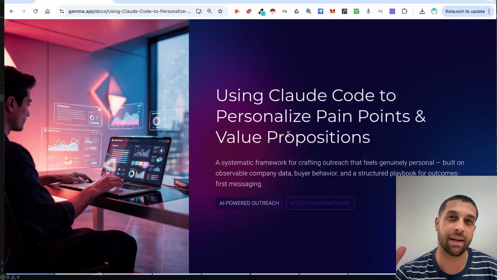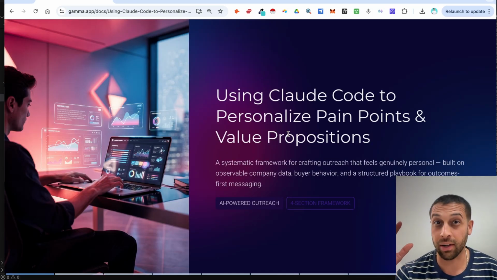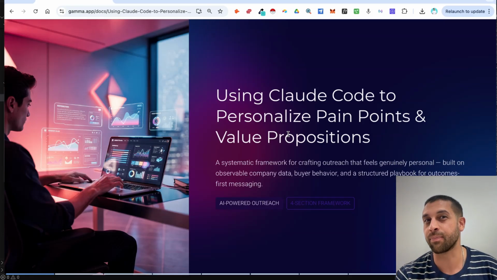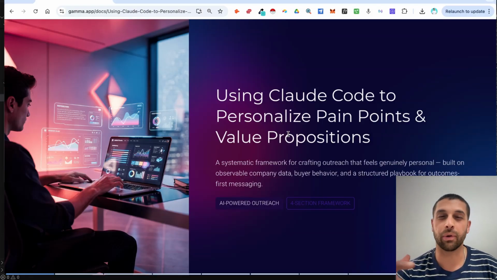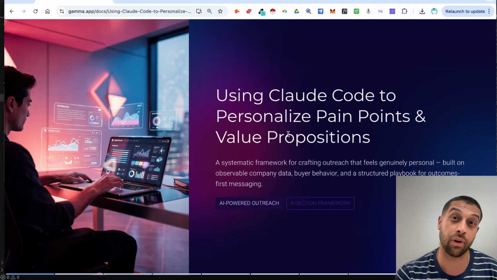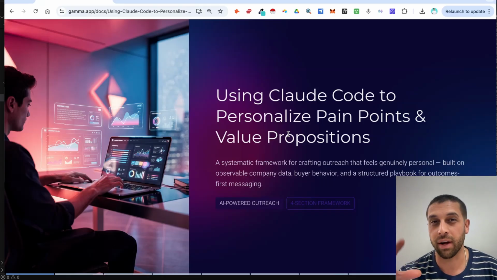What I'm doing here is for a marketing agency. So one of my clients is a marketing agency. They offer a ton of different services, and they work specifically with B2B tech companies. And B2B tech is a very broad umbrella. You could have people doing all sorts of different things within that vertical, working with a whole variety of different